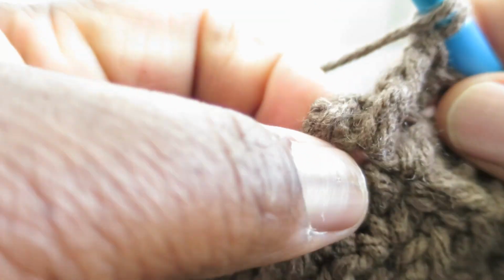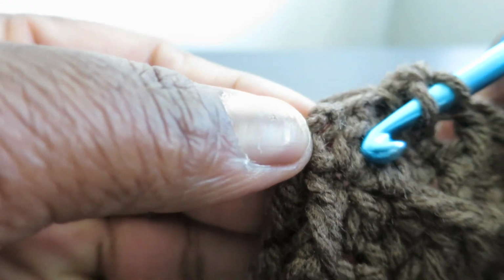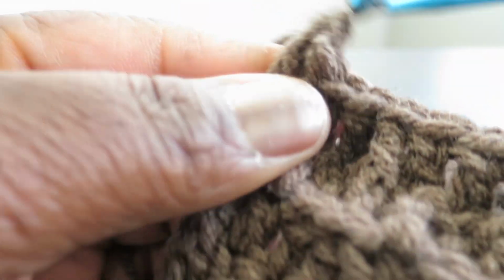So remember that you're just going to put that double crochet into that last little chain stitch, and this can be kind of hard to find a place. I like to just stick it in the center. You see that little hole right there? Just stick it in there and make your double crochet. Okay, chain 1, cut your yarn